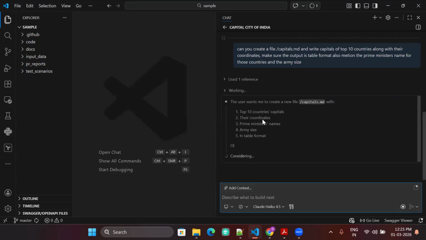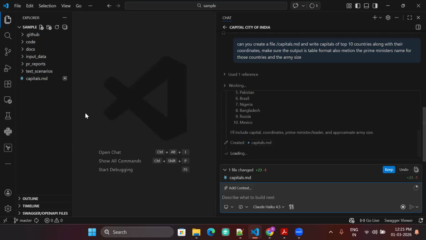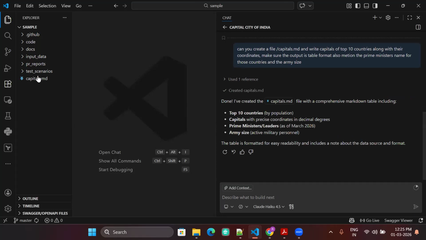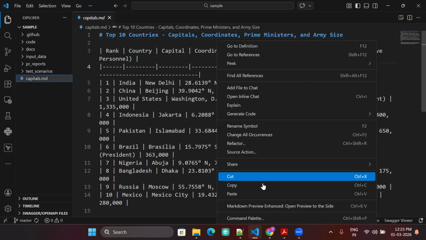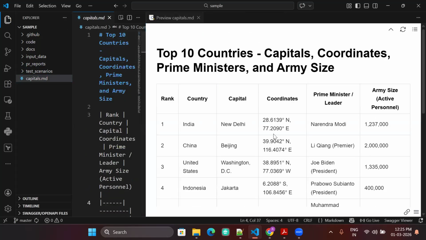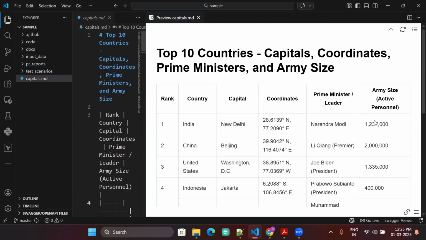So now it's going to create a markdown file for me, and it will include capital, coordinates, prime minister, leader, approximate army size. It's doing that now. And now if I keep this, here's the file it created. If I preview it, it exactly did what I asked: top 10 countries, capital like this, with the army size and other things. So this is one example I gave of how to use agent mode.